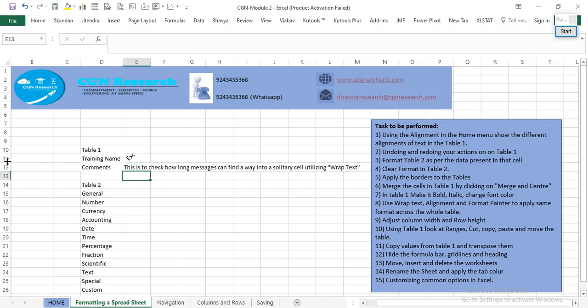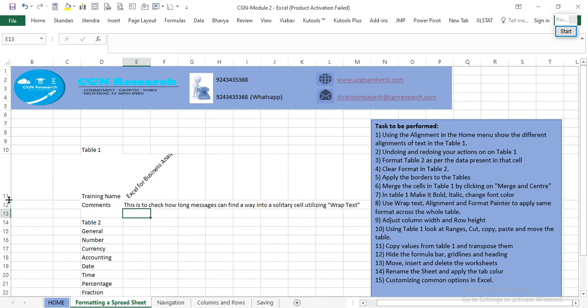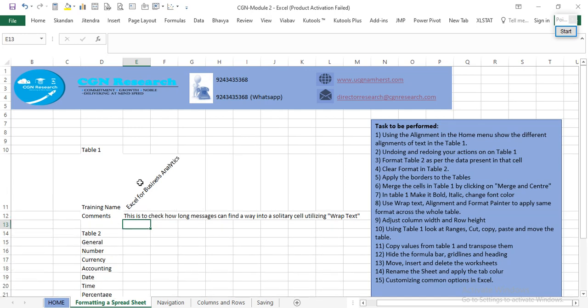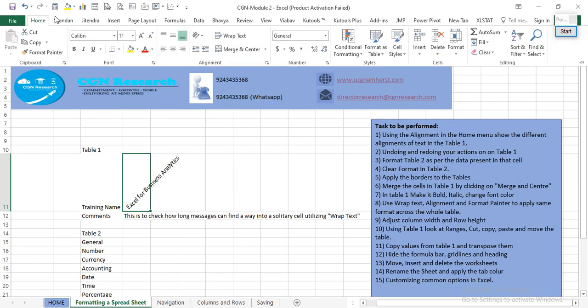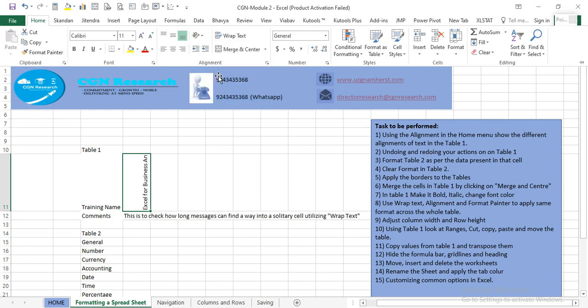So let me just move this line, and then you should be able to see that. So this is how I could align, and then I could go again to the home tab. I could say rotate text up. So this is how the rotation would happen,